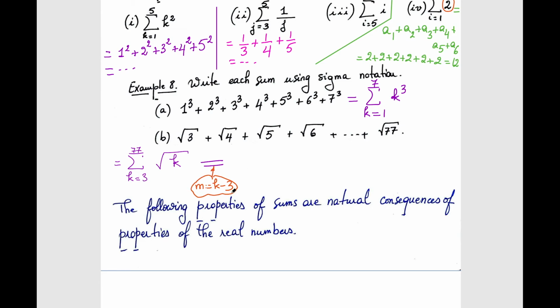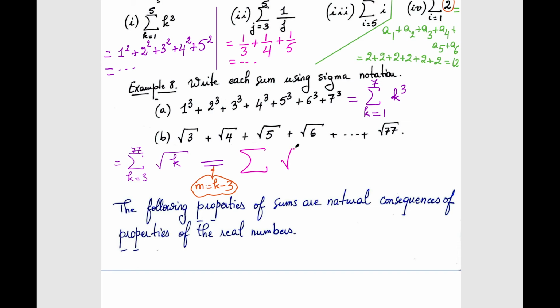Okay, so every time you see k minus 3, replace it by m. In other words, m plus 3 is k, right? Solve for k here, you get k equals m plus 3, correct? All right, let's write this summation with this substitution. So we get sigma, right? Sigma, square root of